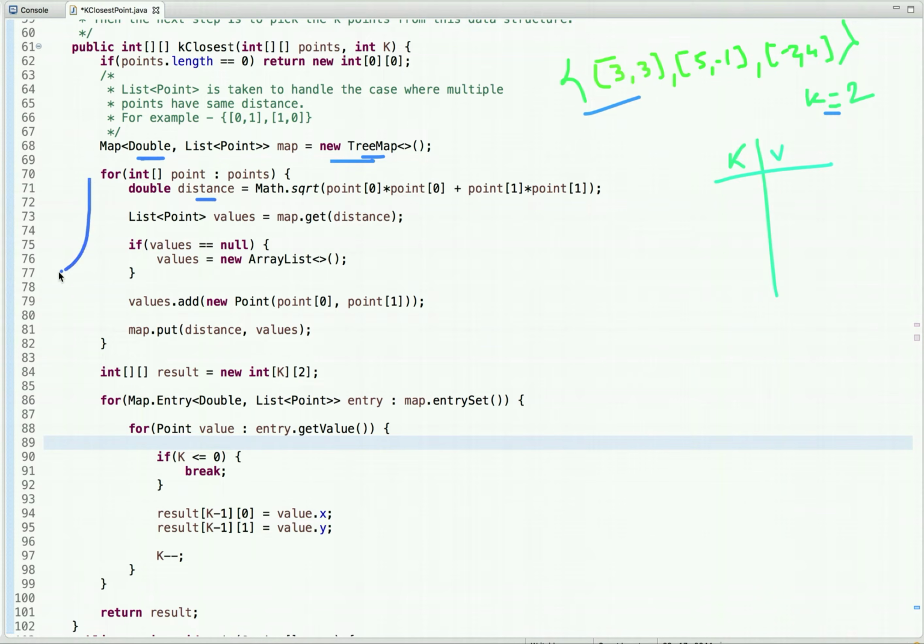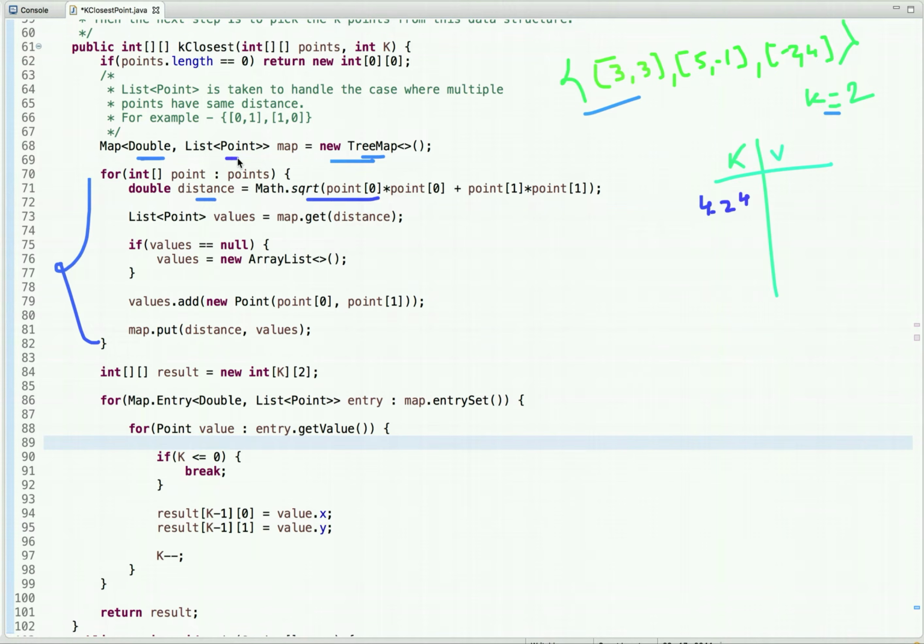Now after that, what I am doing here is I am traversing this list of points, and then I am calculating the distance, and I have already explained the formula for calculating distance. So the first point is 3 3. So when we compute the distance, it is square root of 18, which is 4.24, and here I am taking the list of points.